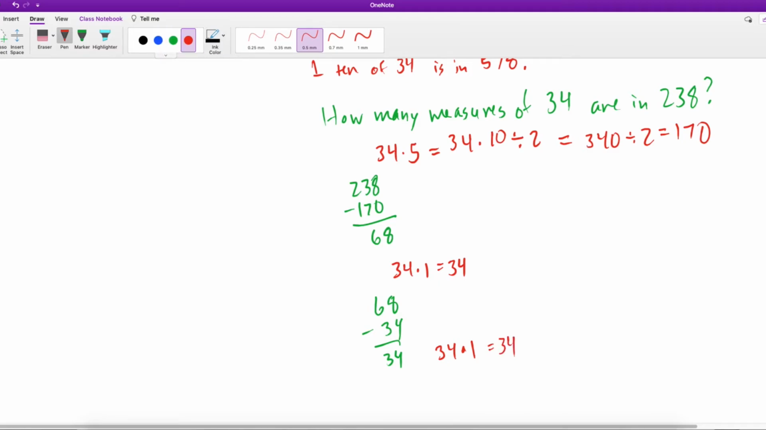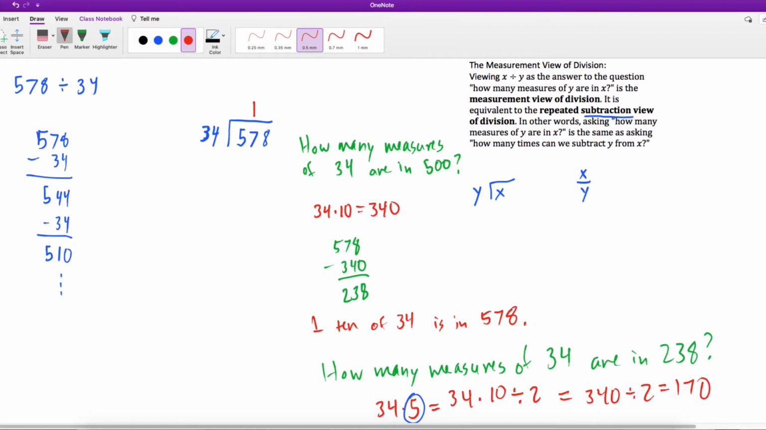And so putting this all together, we had the 5 here, the 1 here, and the 1 here. We can say there are 7 copies of 34 in 238. And so that's all we're going to fit, so we can go ahead and put this 7 in the